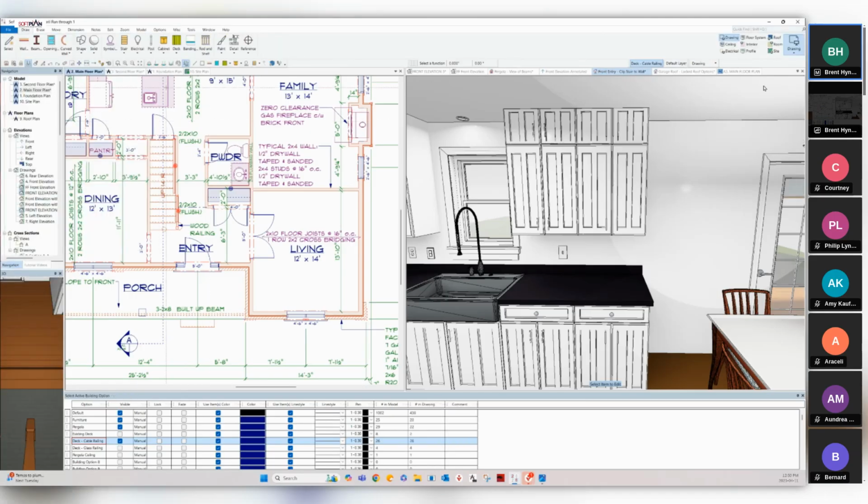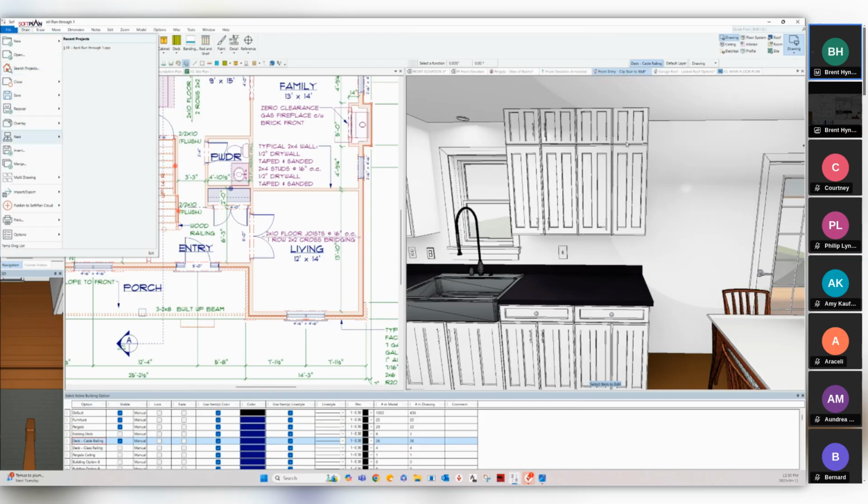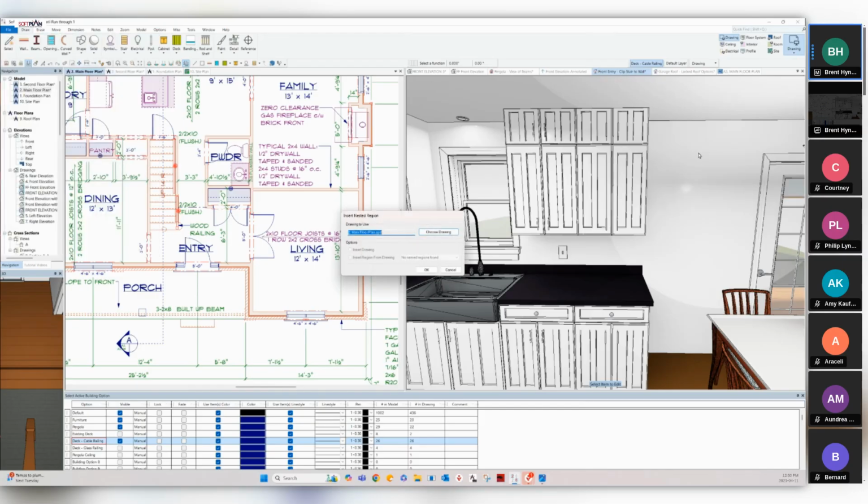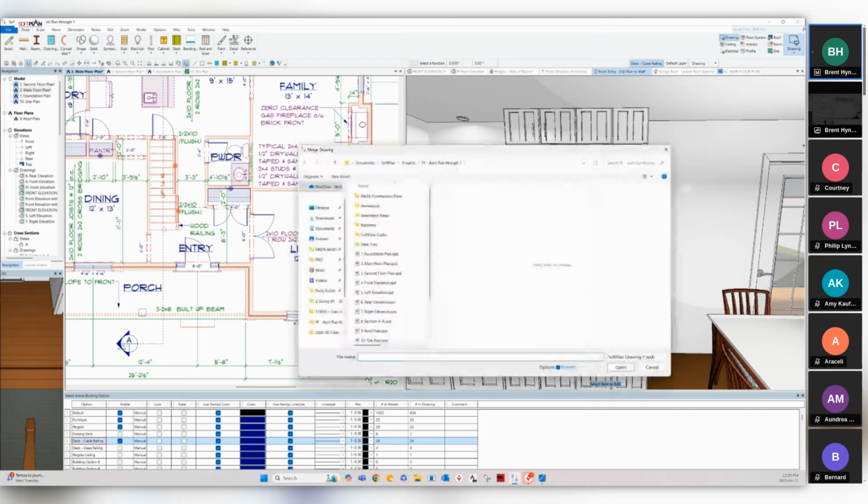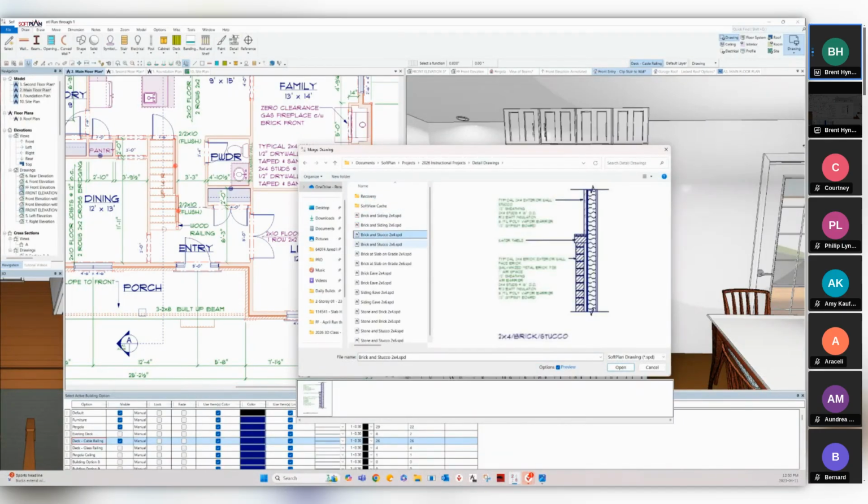Just make sure I'm back on the drawing here. There we go. So if I want to insert a drawing or a region, I just want you to know where to look for these things. You're going to find them in our 2026 instructional drawing folder. So instruction 2026 instructional projects. And in here, you're going to find a folder called detail drawings. And at that point, you could put in